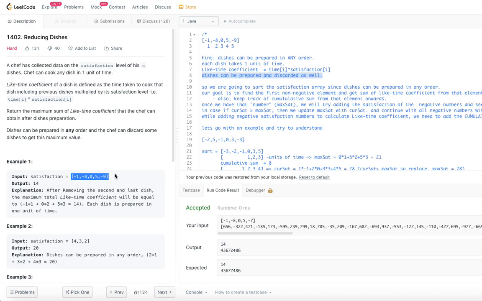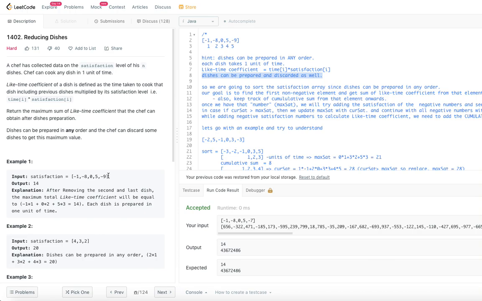Okay, so we are given an integer array, right? If you sort it, we look for the first non-negative integer. If you don't have, for example, any positive integers, or non-negative integers, let's put it that way, in that case the maximum lifetime coefficient will be 0, right? You won't be able to get any better than that. So it will be 0. That is the maximum you can get, right? So that's what we need to keep in mind.